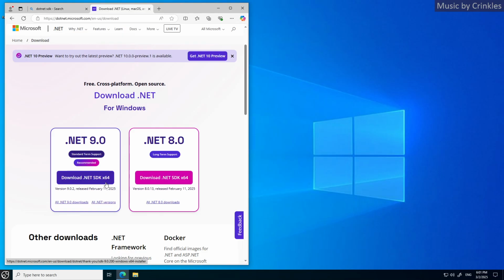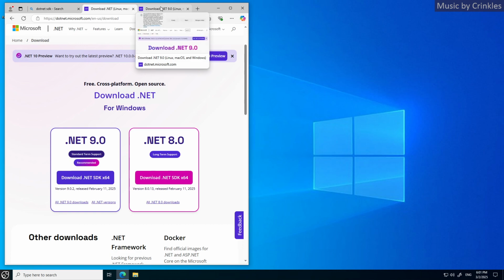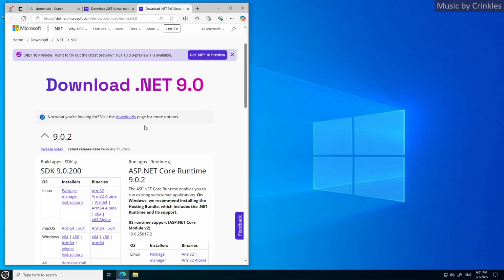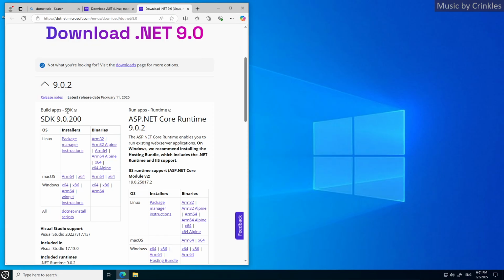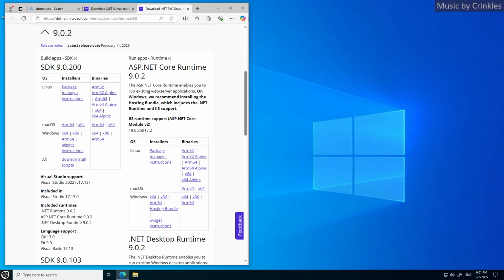Now this is an important part. I'm downloading the SDK, not the runtime. Go to all .NET downloads, specifically .NET 9.0, that's the newest version out now. You can get the SDKs, the software development kits, or you can get the runtimes. The runtime is what you would need to just run existing .NET programs. Though technically you can also ship them out with an included runtime, but generally you can have a runtime on your PC